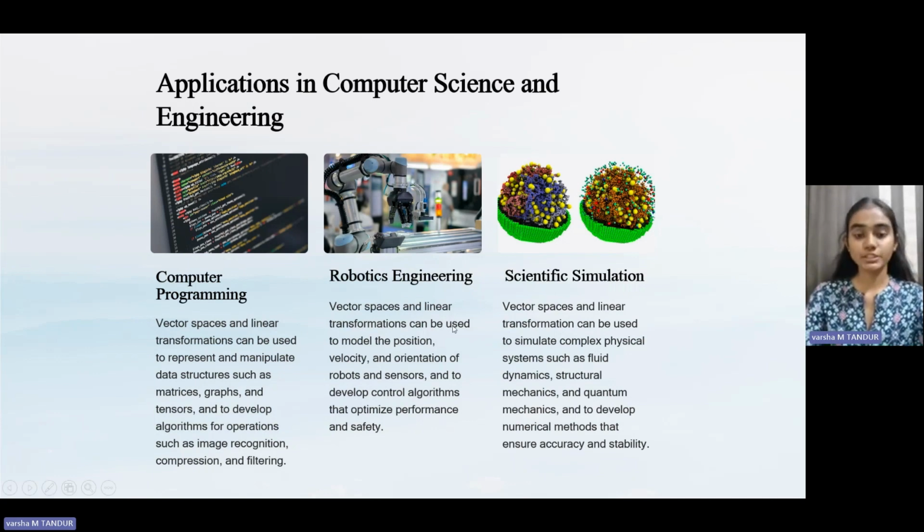In robotics engineering, it can be used to model the position, velocity, and orientation of robots and sensors, and to develop control algorithms that optimize performance and safety. In scientific field, it can be used to simulate complex physical systems such as fluid dynamics, structural mechanics, and quantum mechanics, and to develop numerical methods that ensure accuracy and